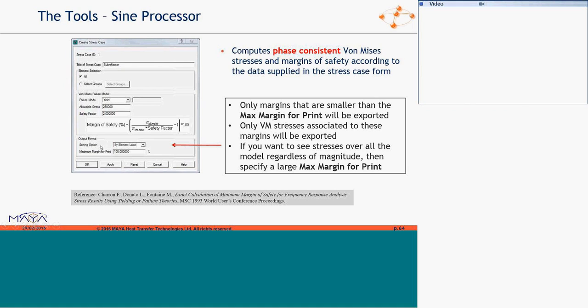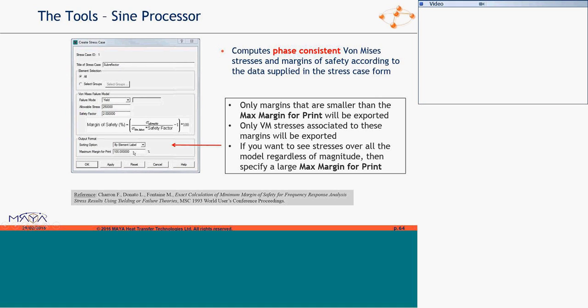And this story with this for the sine processor is the same as in the random processor. We will put von Mises stresses and associated margins for things that are less than the cutoff here by 100%. Some people want to see everything. They want to see their margins all over the place, so just make that big.